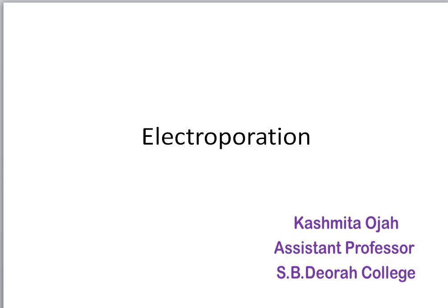Now in my previous class we have studied about cloning vector. So, giving you a brief introduction about the topic before going into electroporation: since this method is included under the direct method of gene transfer, we should know what gene transfer is. In my earlier classes, I have discussed the different methods of gene transfer and what gene transfer is. So, just a recap.